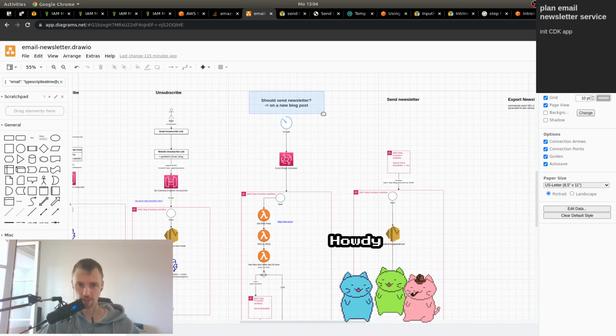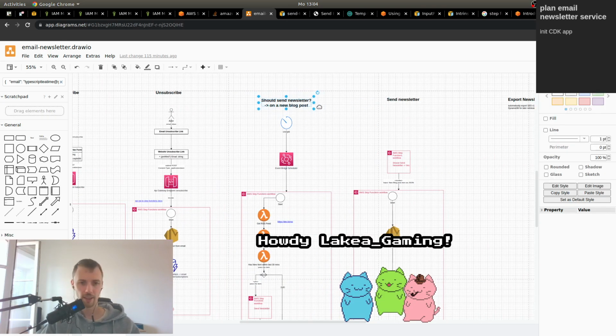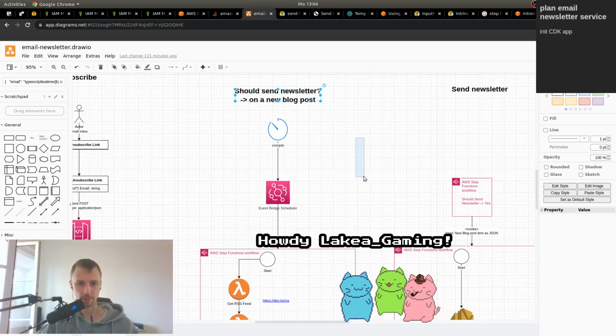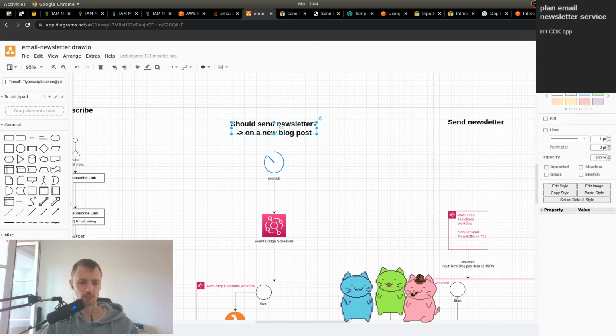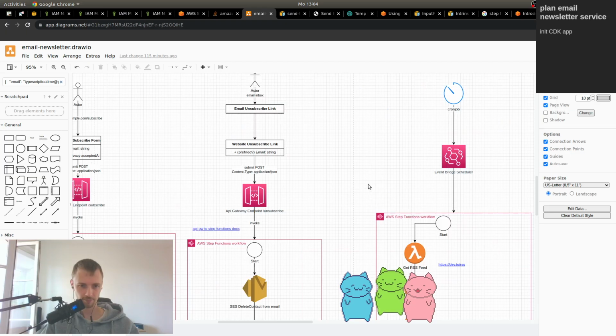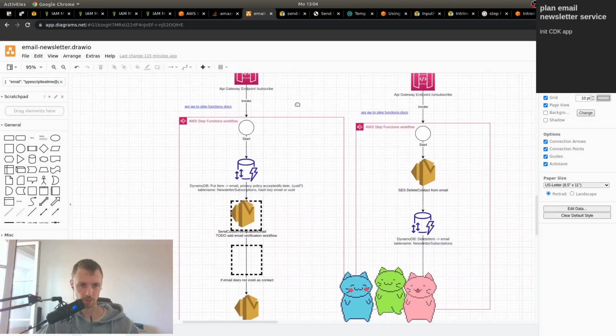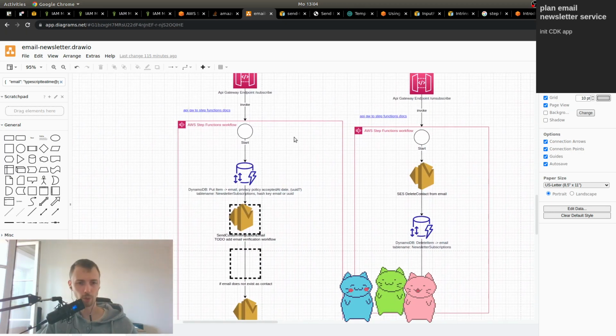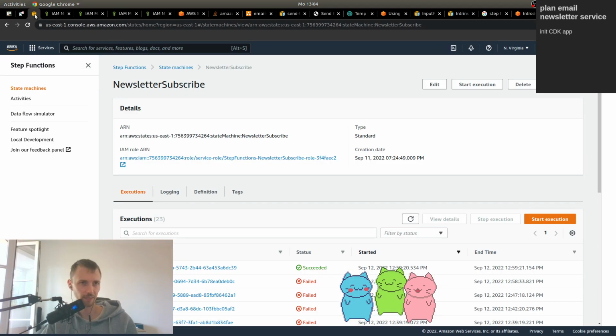We have a function that runs on a schedule, whether, since it's about a blog, we should send a new newsletter. And there we get into some fun stuff like XML, RSS feed parsing, and then actually the sending. What we're doing to write these workflows is using AWS Step Functions, which is an orchestration or, well,